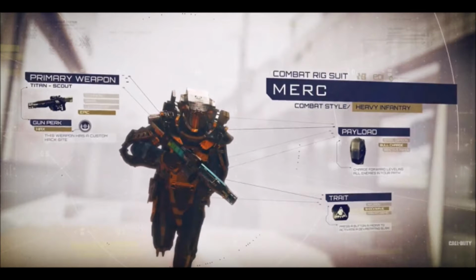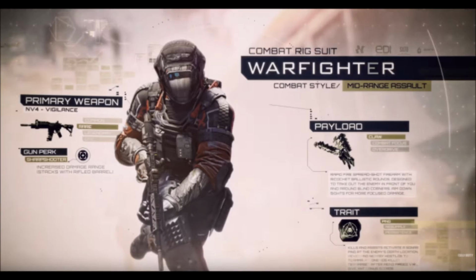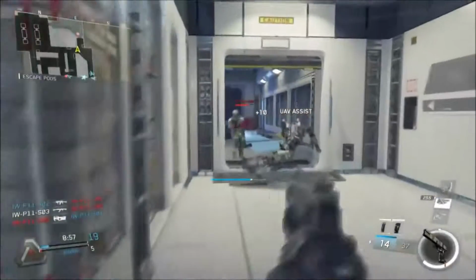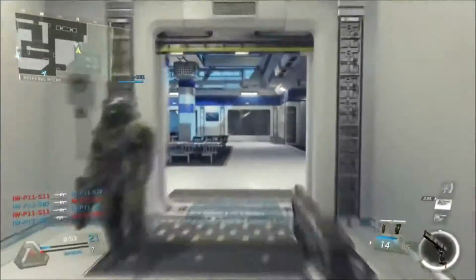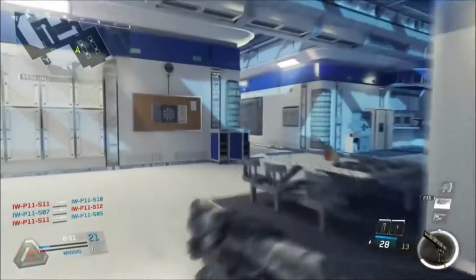The traits are different because they are passive, and it is something that you could do throughout the entire game. For example, one of them allows you to slide further, while another one allows you to become almost invisible to the enemy. Now with the addition of the 6 rigs, there are over 50 combinations that you could make using these rigs,